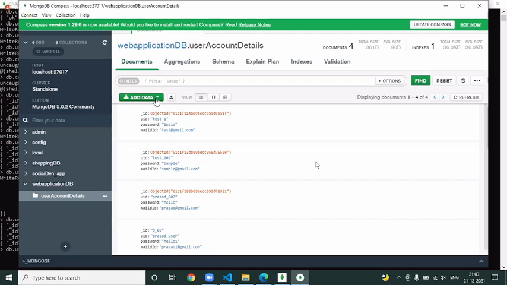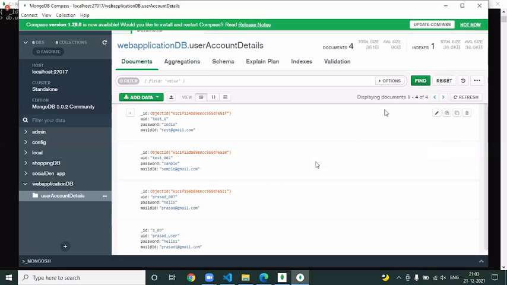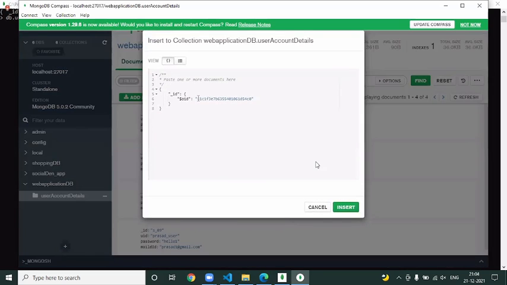One more time. If you want to insert anything, add data, just click on insert a document. It will show you a pop-up.